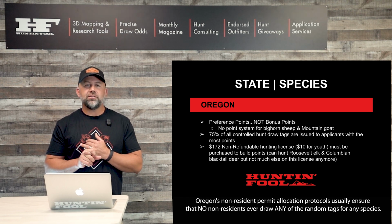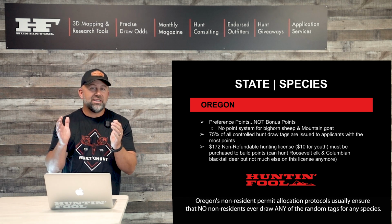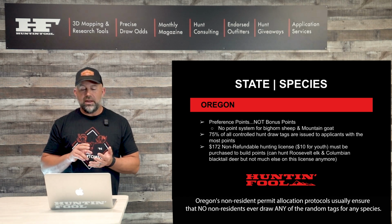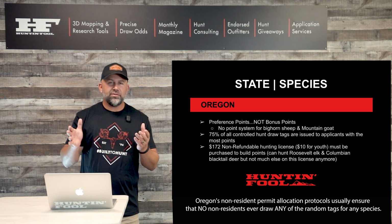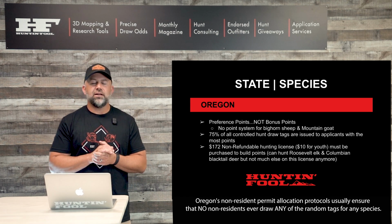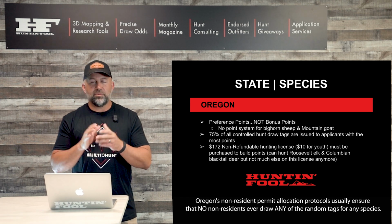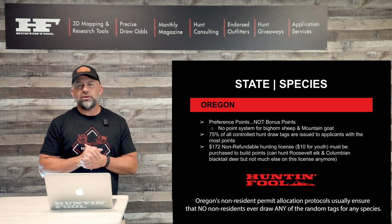You have to pay $172 for a non-refundable hunting license. There's a $10 option for youth, but you have to purchase that in order to build points. You can hunt Roosevelt elk and Columbian blacktail on that non-resident hunting license. You have to purchase tags for them separately as well, but there is some opportunity associated with it, but the